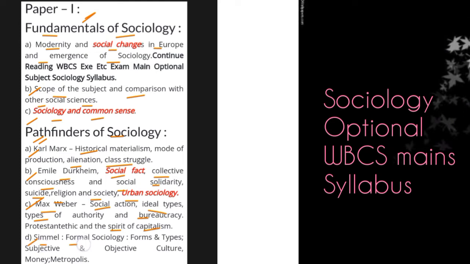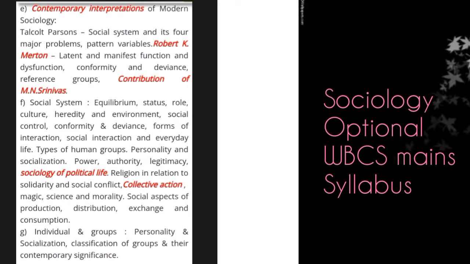Then comes Simmel's formal sociology, their forms and types, their subjective and objective culture, money, metropolis. The next section deals with contemporary interpretations of modern sociology: Talcott Parsons, the social system and its four major problems, pattern variables, then Robert K. Merton, latent and manifest function and dysfunction, conformity and deviance, reference groups, and the contribution of M.N. Srinivas. Then the next section deals with the social system, under which come equilibrium, status, role, culture,